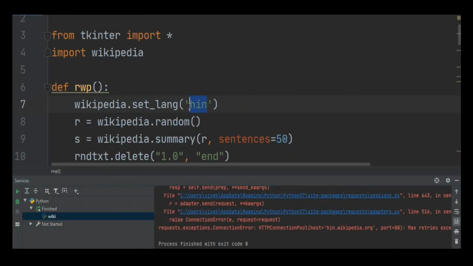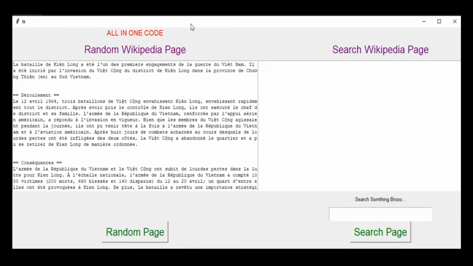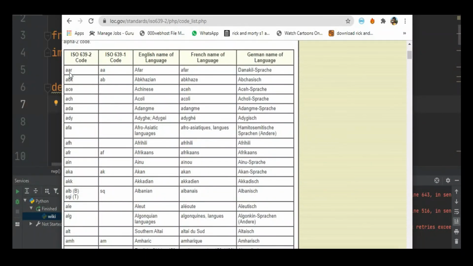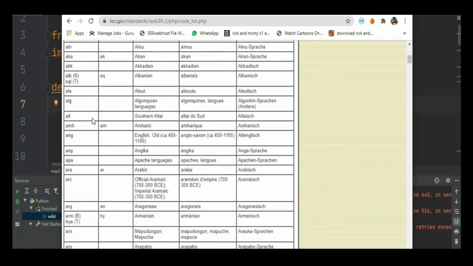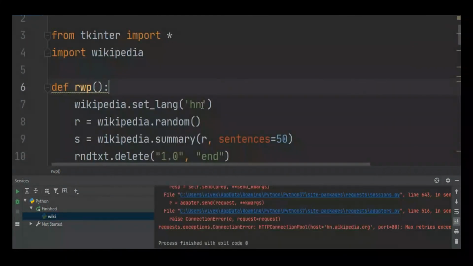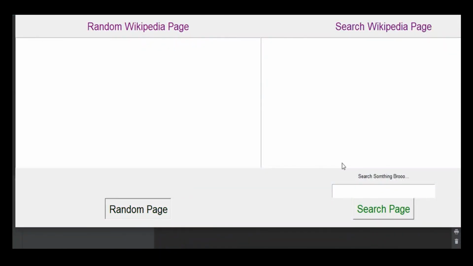Online you can find the language codes, like the ISO codes. So let's try Chinese. The Chinese code is ZH. Let's try ZH. I'm gonna put the random page, and in here I'm gonna search Logan. You can see you got stuff in Chinese language. Now let's try in here too. Oops, we didn't add any language code in here, so this is okay for now. But in here you can see we got text in Chinese language.